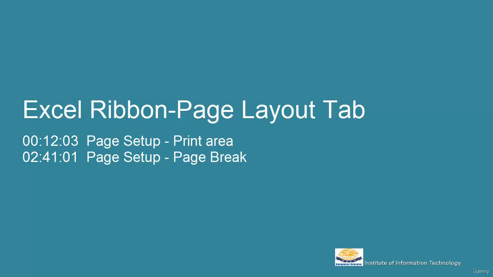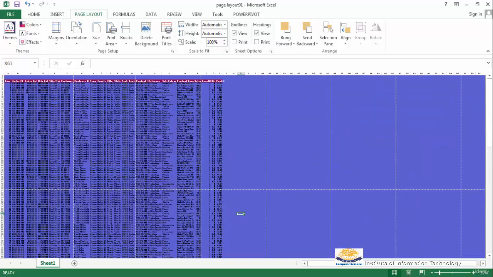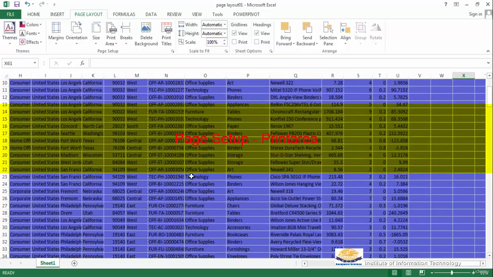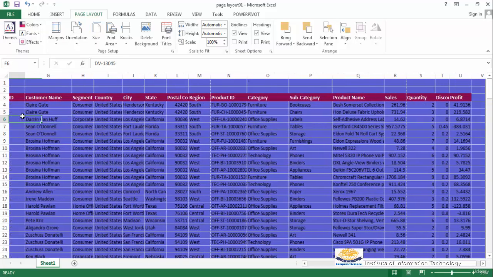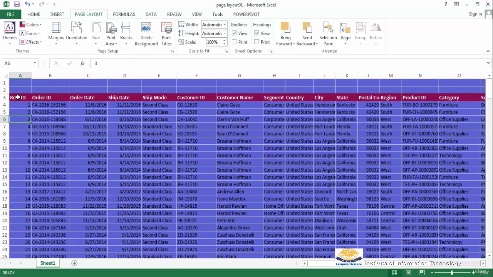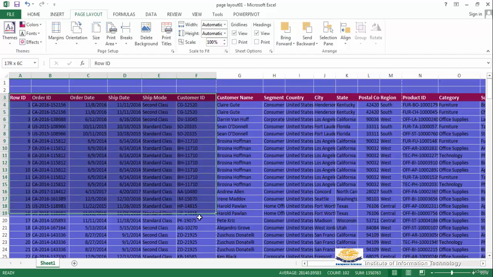Excel ribbon and their commands. Now I'm zooming it. Now I'm selecting the heading, the column up to customer ID, then selecting down up to 25,